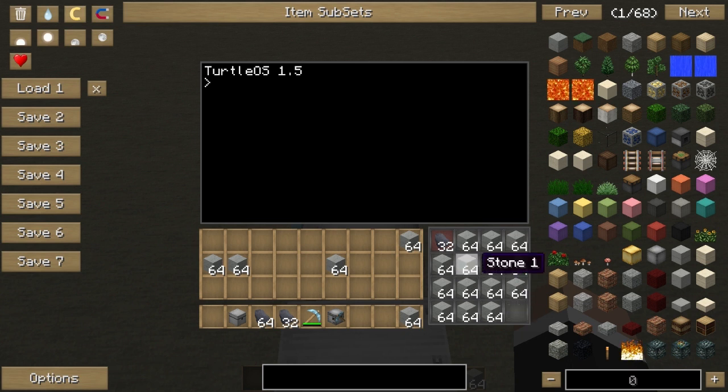All right, so he's got a full inventory except for one slot. Now, when you type in excavate, E-X-C-A-V-A-T-E, and hit enter, it says your usage. Okay, so it tells you this is how you have to do it. Excavate and then the diameter. So we'll do excavate